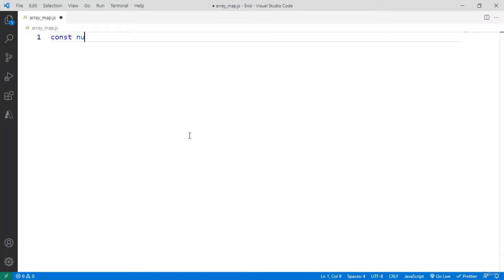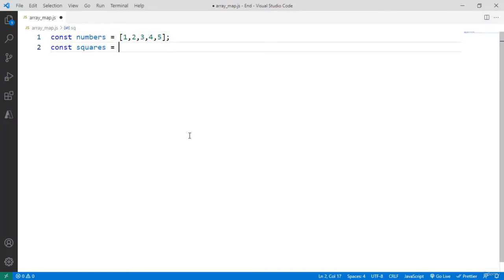Let's say const numbers, and we're going to write the numbers from 1 to 5, and then we're going to say const squares. I want to multiply each of these numbers by themselves. For example, 1 times 1, 2 times 2, 3 times 3, and so on, and put that in another array. We can use the map function for that. So let's say